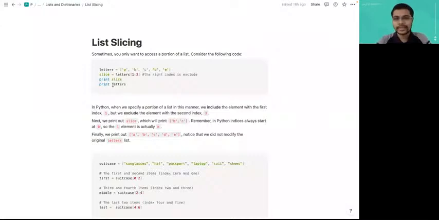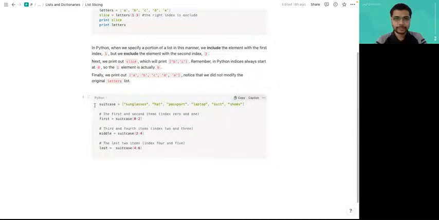Now slicing is also easy. Now basically what happens is we do not want the whole list every time, right? Maybe we just want the second and third item, like maybe we want students only in the second bench, not the whole row. For that reason we use slicing. Now how slicing works is,